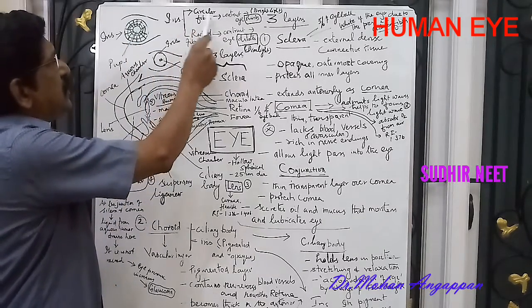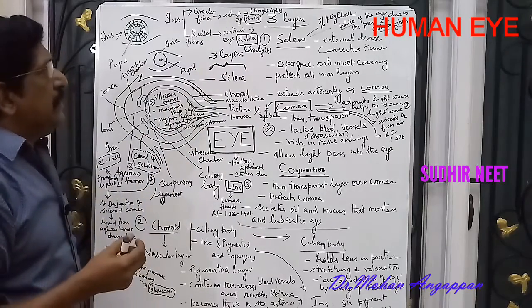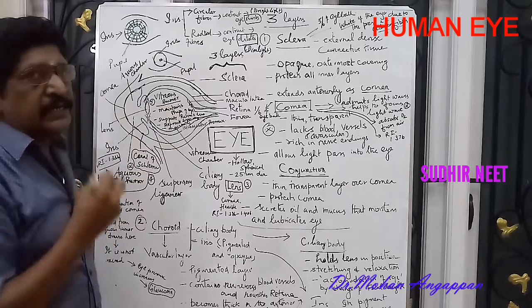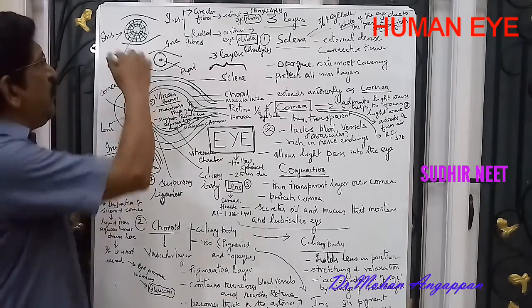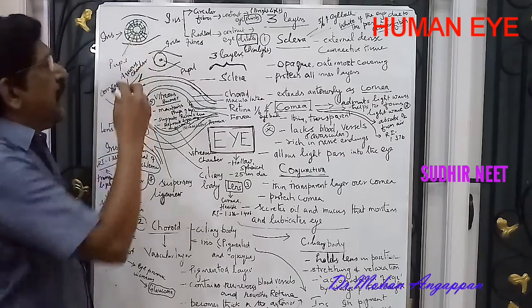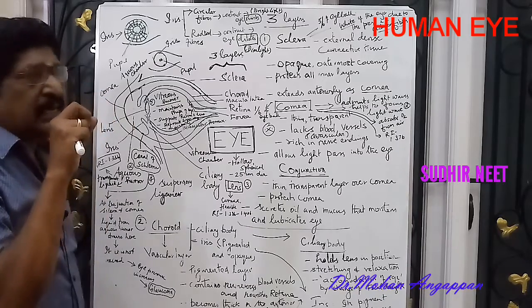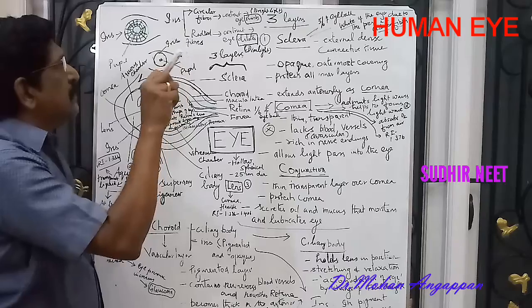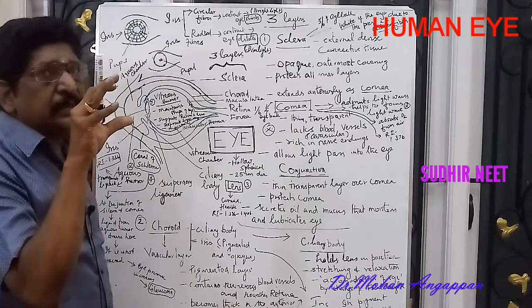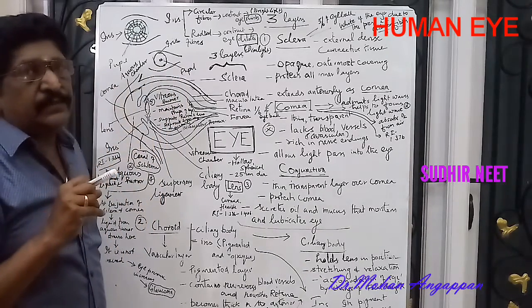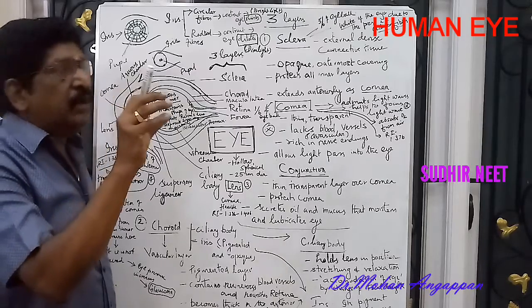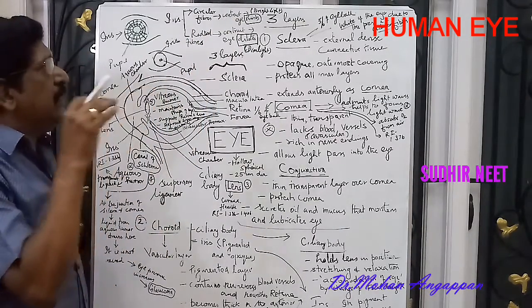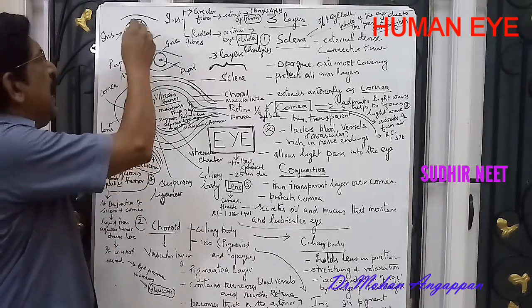When the circular fibers contract, the pupil shrinks. That is for bright light. When the radial fibers contract, the pupil dilates. That is in dim light. So to accommodate the dim light and the bright light, for the shrinking and dilation of the eye, the iris is